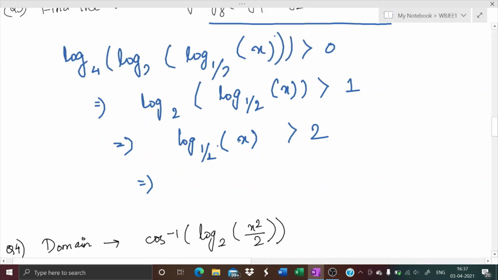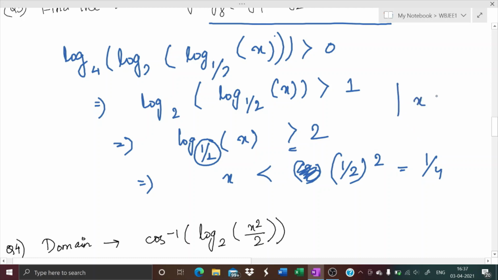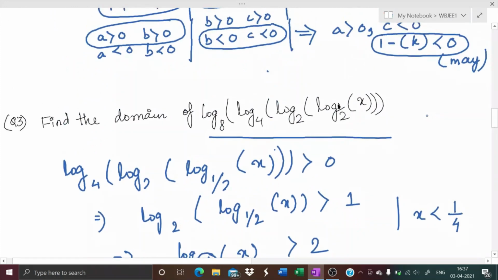Log x to the base half is greater than 2. Now if you know that if the base is a fraction, then the sign gets reversed. So x is less than half to the power 2, that is equal to 1 by 4. So from here I am getting that x is less than 1 by 4. But over here you see the